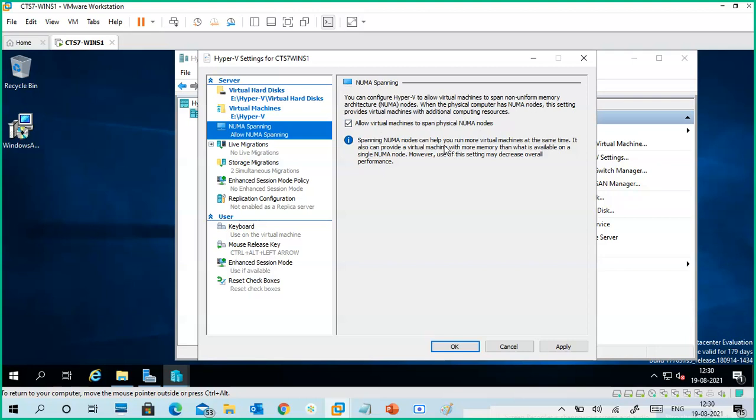You can read it from here: it can help you run more virtual machines at the same time. It also provides virtual machines with more memory than what is available on a single NUMA node. However, use of this setting may decrease overall performance. So it gives an advantage plus other disadvantages.